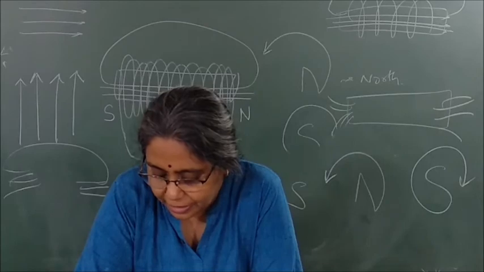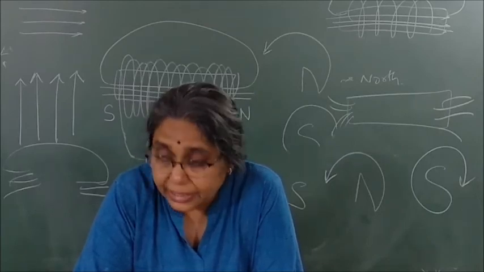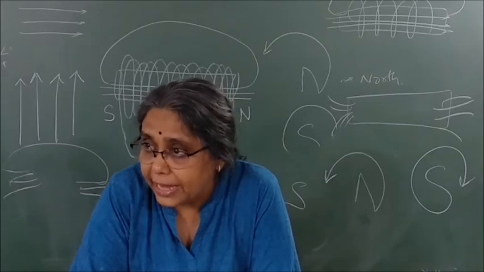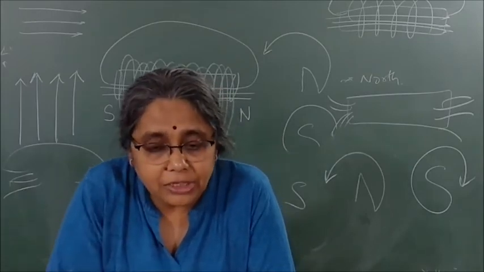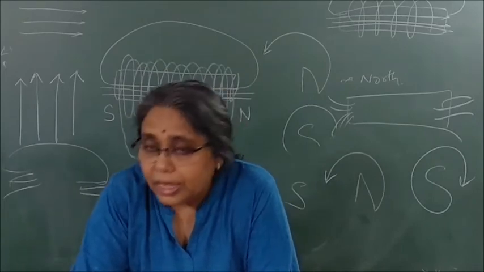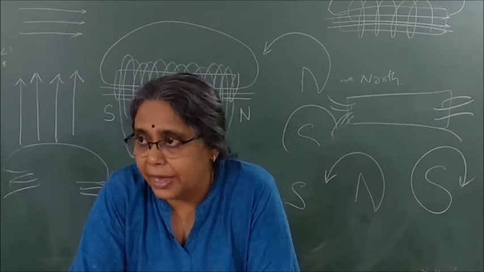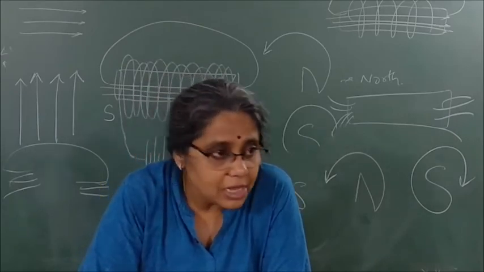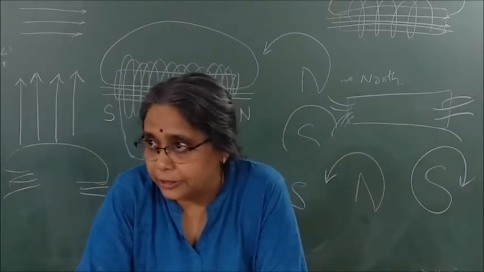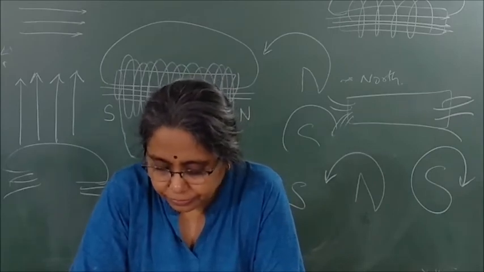A strong magnetic field produced inside the solenoid can be used to magnetize a piece of magnetic material like soft iron when placed inside the coil. The magnet so formed is called an electromagnet. If I replace the non-conducting material with what core? Soft iron core, and then pass electric current through it, then it behaves like a magnet as long as you pass electricity through it.